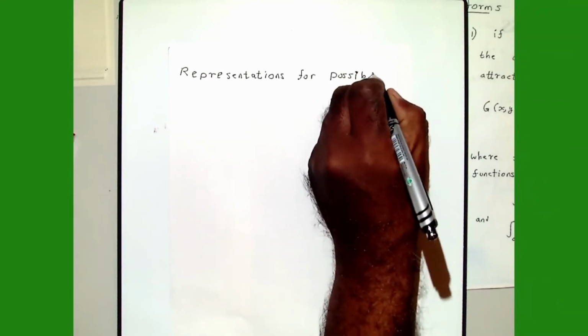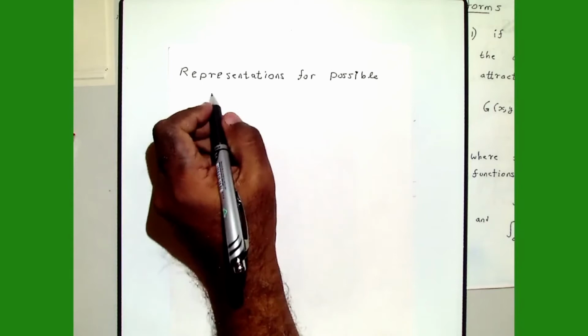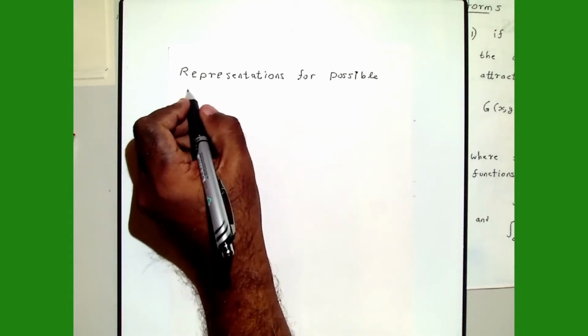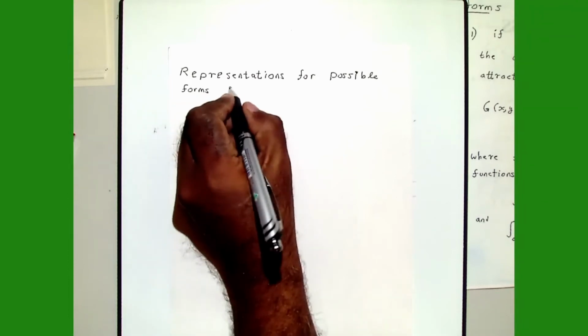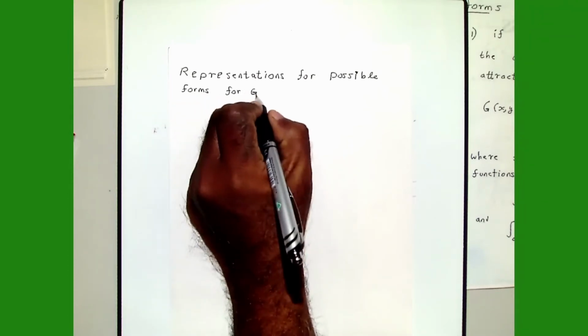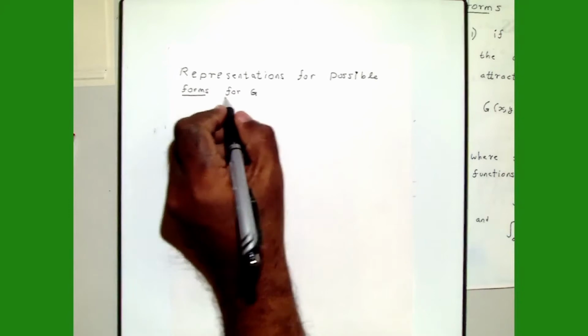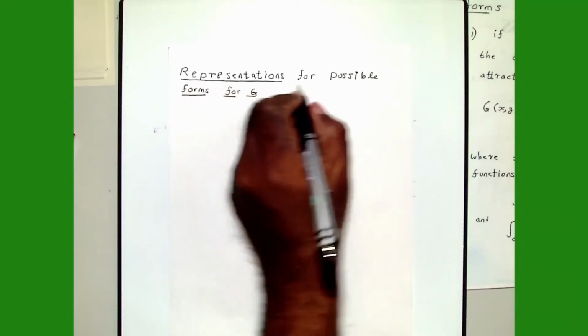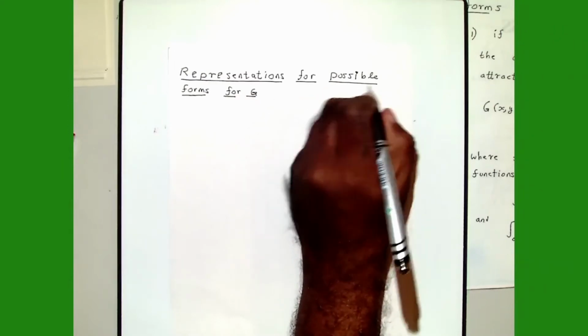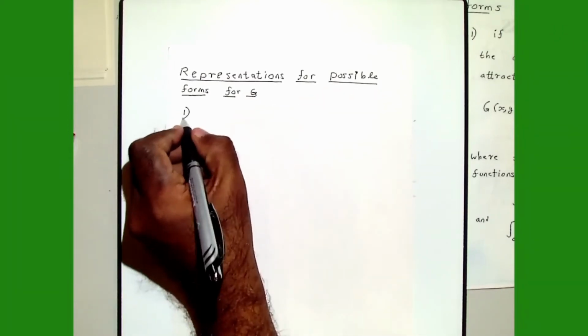So this video is about representations for possible forms for G. G represents the CDF of a bivariate extreme value distribution. I will talk about 4 different forms. The first one,